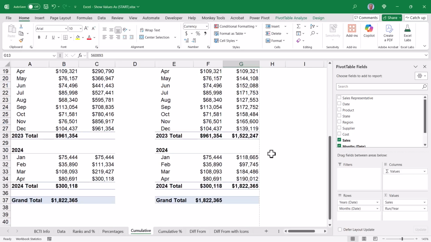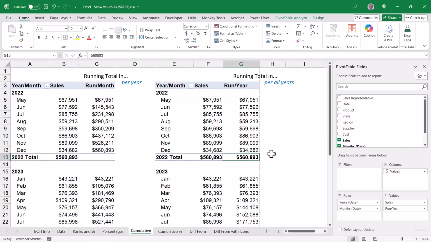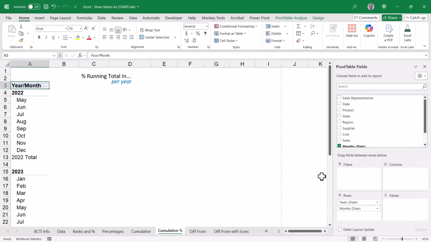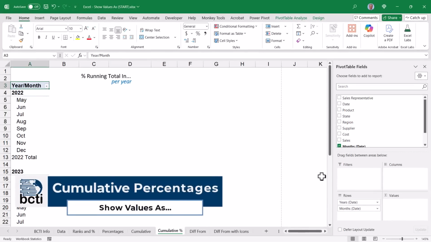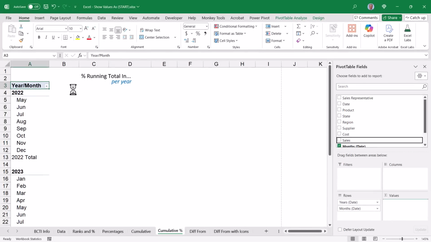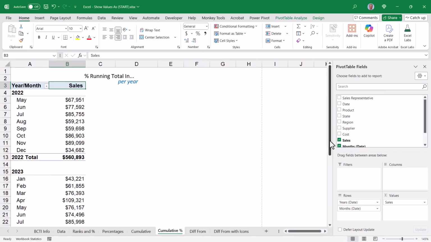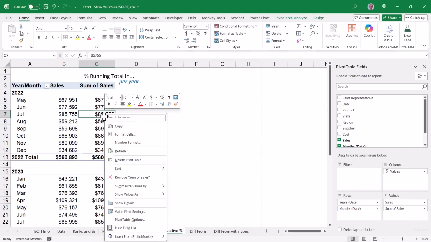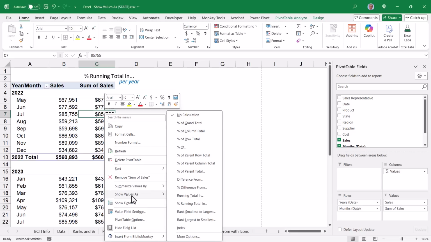And then the next year, the yearly running total is now 1.8 million, which is the grand total of everything. Now, how about this same cumulative idea, but as a cumulative percentage? I have my year and my month in my row field. I'll add sales to the values. I'll rename the heading, but then I'll add sales a second time to the values. Right click on one of those sales, go to show values as, and we're going to choose percentage running total